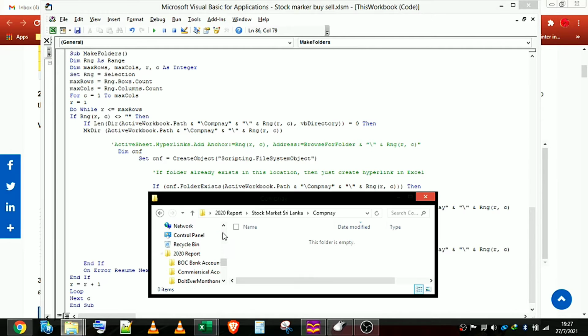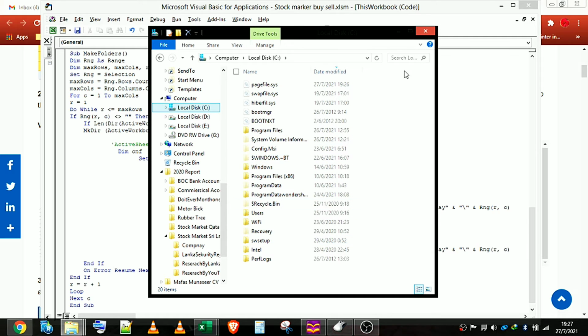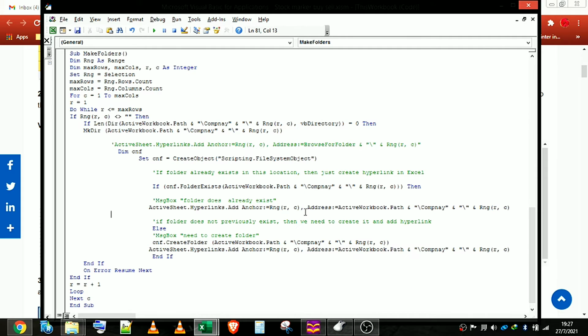So in here, system folder, C location in here. Automatically going to create a folder here. So I don't want to do that. So for that I just changed the code a little bit, with a modification like that, and everything works for me. For example, I'm going to save it